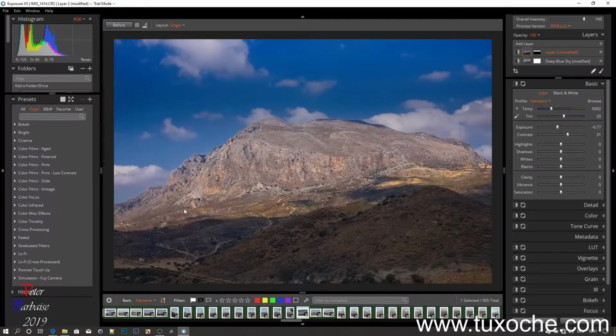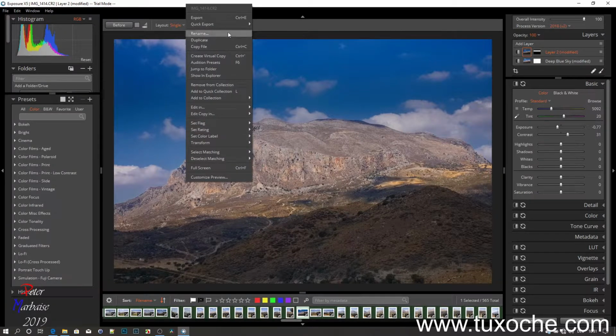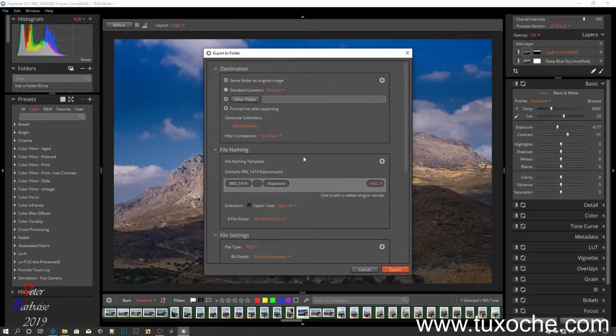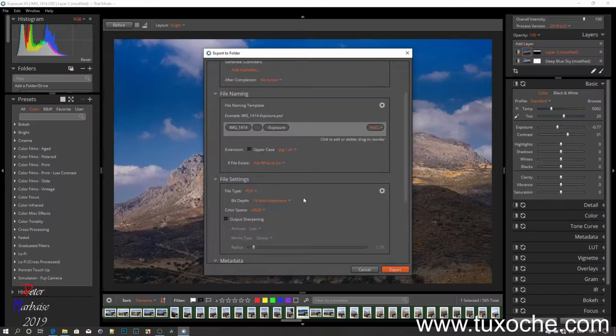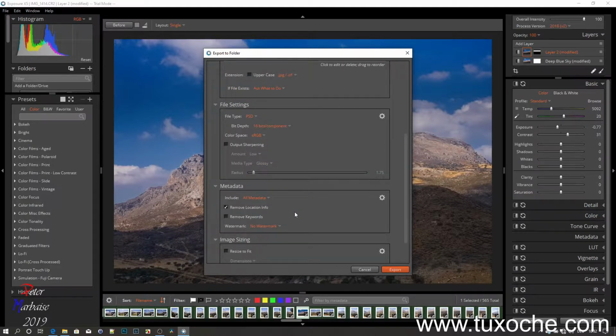Okay, Exposure X5 of course has the opportunity to export the image with the export dialog. Here you can choose where the final exported image is stored. Here you can choose the naming of the exported file, and here in which file format, either JPEG or TIFF. You can choose if you want to include all metadata or if you want to remove location info and keywords,